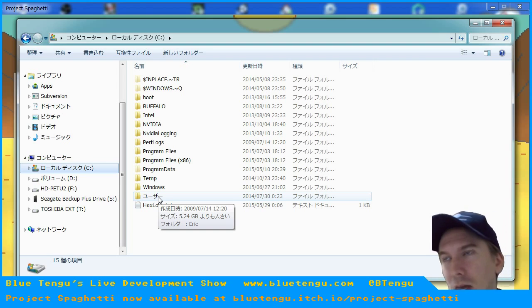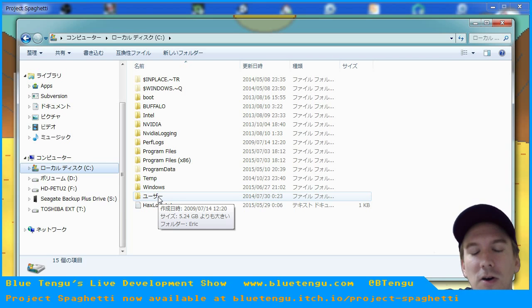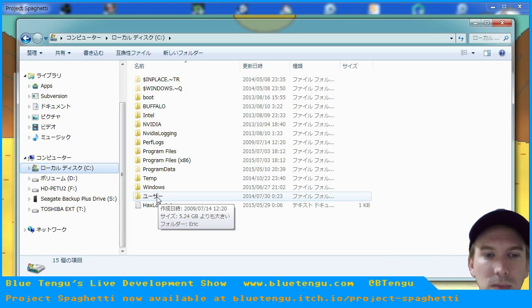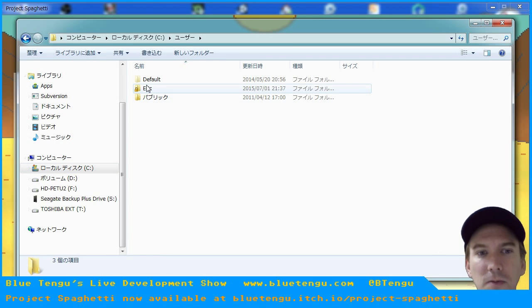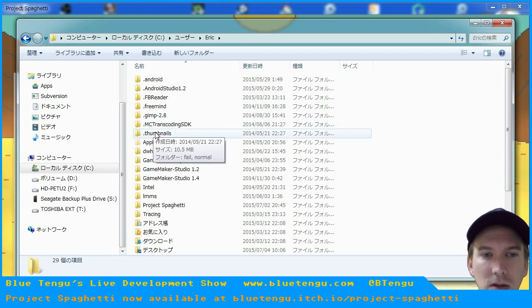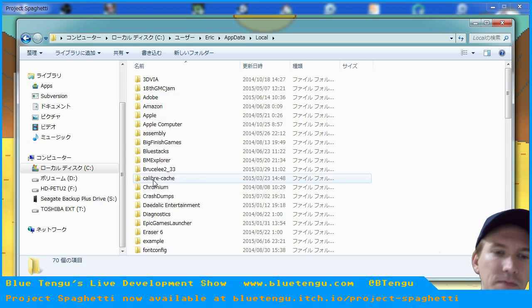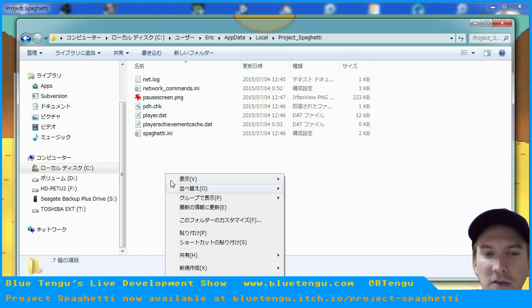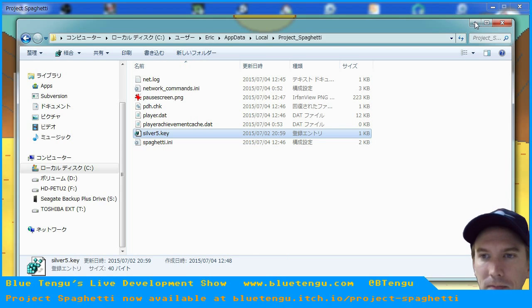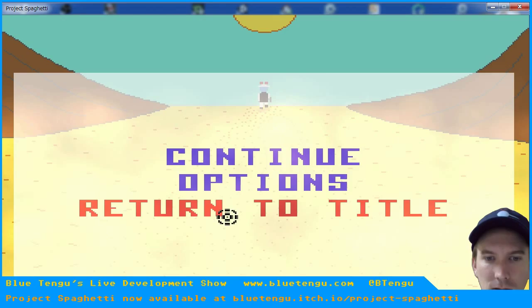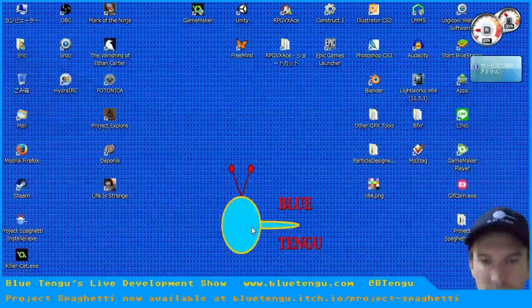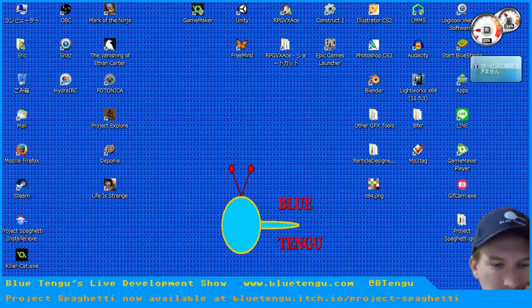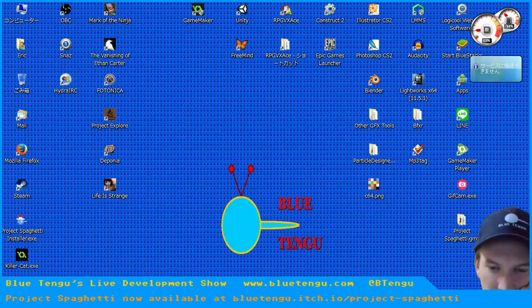as possible. But because GameMaker tries to keep your computer safe, obviously, it puts everything in the app data folder. The problem with that is it's kind of hard to find. So this is user in Japanese, by the way. So if you go to C drive, user, for example, your username, app data, local, project spaghetti, all the stuff is in here. If you just drop that key file in here and exit, just in case. It might read it if you just go back to the title screen, but